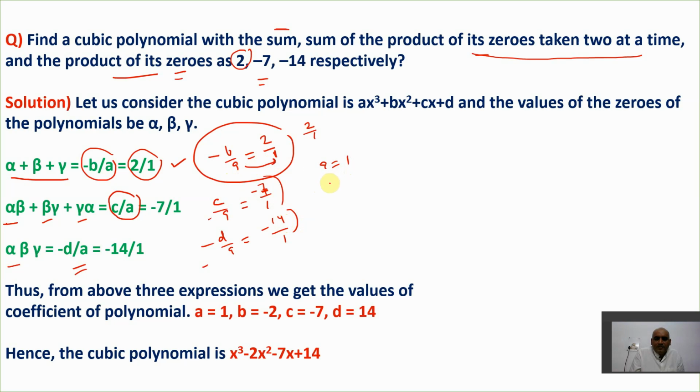So the value of a is 1, and in a similar sense you can find the value of b is, what? Minus 2. So don't confuse why it becomes minus, because understand something: this is minus b by a, and this minus is separate from this. This minus is like this. Separation. How? So it must be like this.